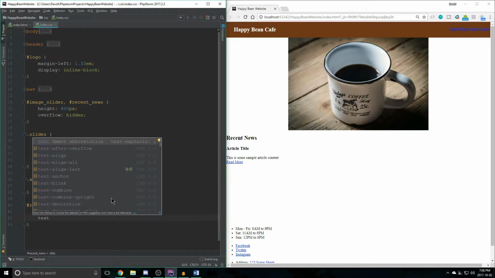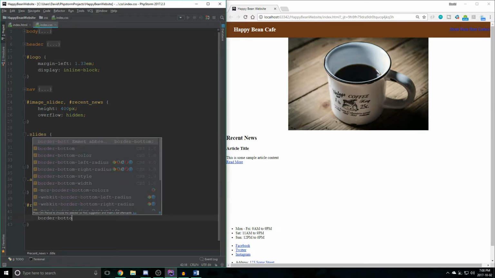Now we could technically make this an underline tag too, but the reason for that being is when we do text underline, we don't have control on how far that bar is below our text. So if we want it 10 pixels below the text or 15 pixels below the text, we actually can't control that. It's just a uniform distance, a uniform position. So another way to do it would be to put a border bottom